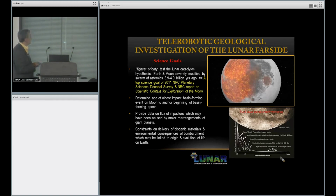As I said, it was the top priority of both the Planetary Sciences Decadal and also the previous NRC report on the scientific context for exploration of the moon. In a nutshell, we would like to be able to determine the age of these oldest impact basin forming events on the moon. That will be an anchor then to understanding the beginning of this basin forming epoch, and also